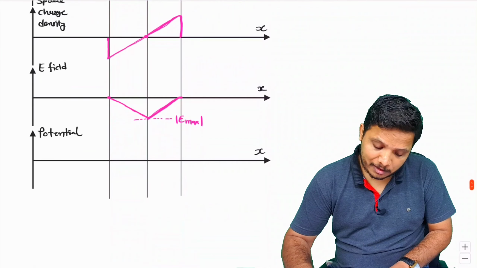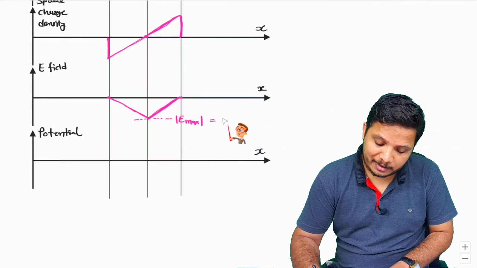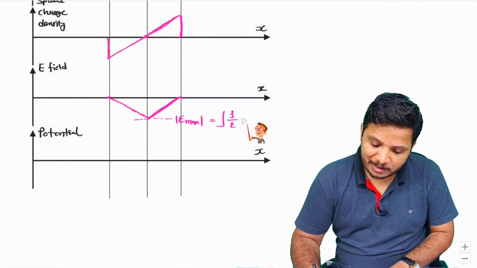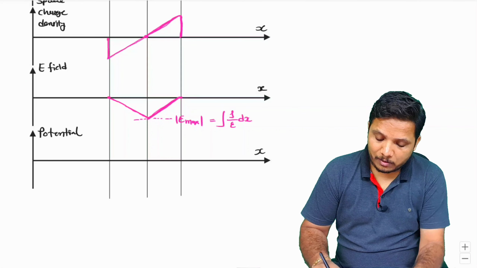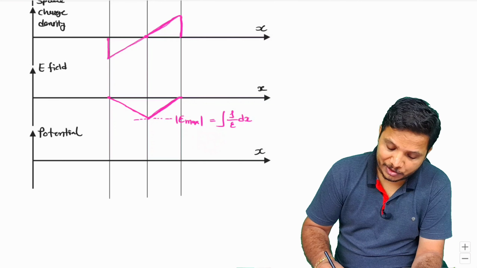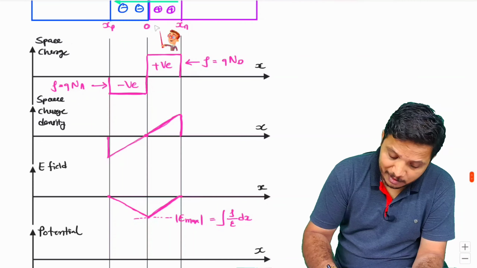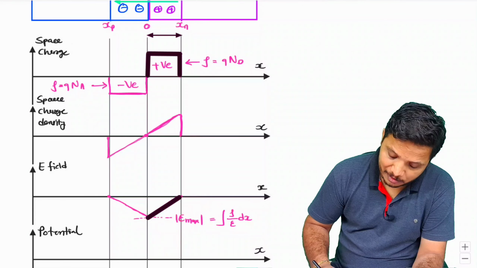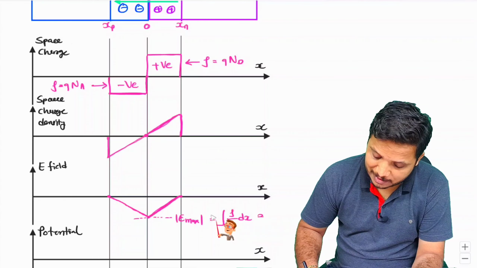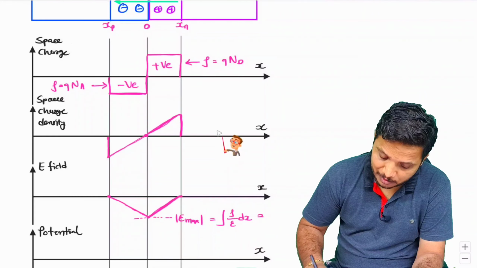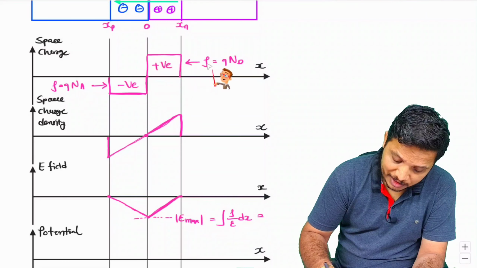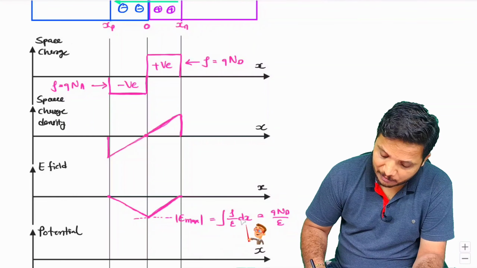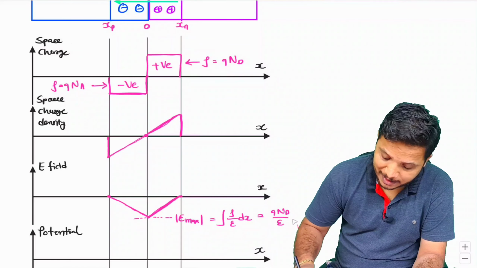If you want to calculate this maximum electric field, then all we need to do is integrate the space charge density divided by epsilon, right? Now see, there are two ways by which we can calculate Emax. Earlier, as I have said, this region is 0 to xn. So if you take this line as the integration, what will happen? Then this is rho by epsilon, and rho for this region is q Nd by epsilon, and the integration of 1 is x, and if you apply the limit 0 to xn, this will be